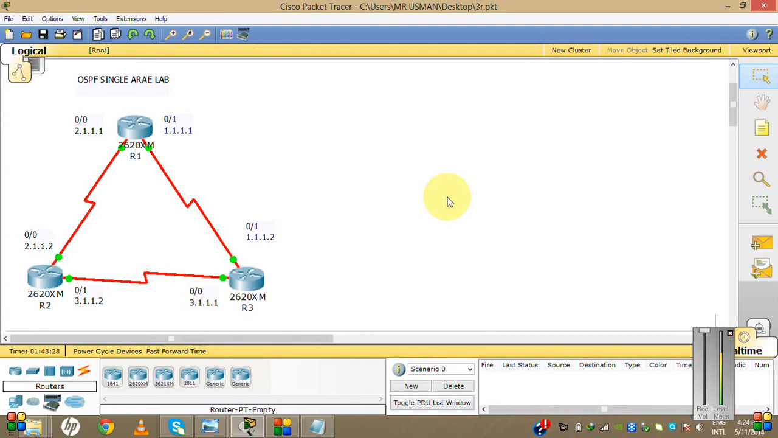I have to create a topology having three routers, and these three routers are connected to each other. I have to configure the basic configuration also over all three routers. If you don't know about basic configuration, then you can see my previous video 21.5 lecture. Okay, now